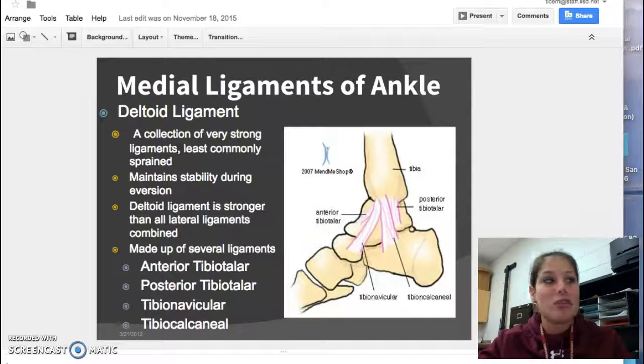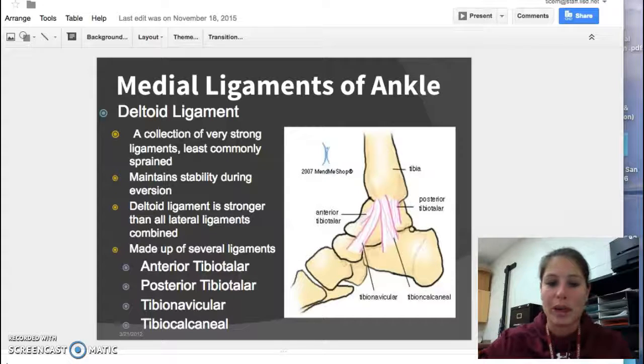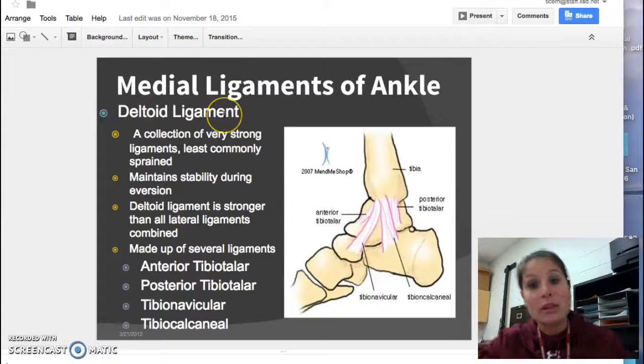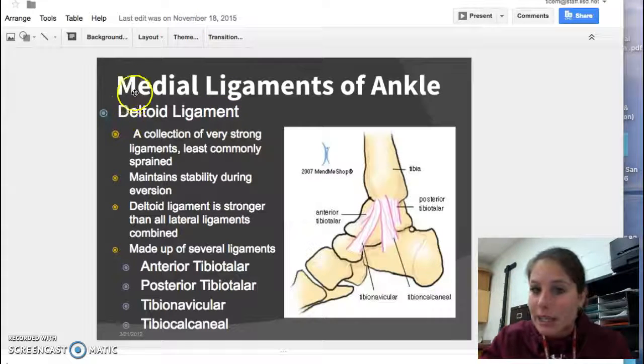Okay, and usually if we have an injury here to these, it's because we've had an eversion ankle sprain. Our foot was injured in the eversion position, and we already know that our anatomy doesn't allow us to move a whole lot in eversion, so usually it's going to be a little bit more significant injury if there's an injury there, okay? So I really just need you guys to understand that the medial ligaments are the deltoid ligaments,